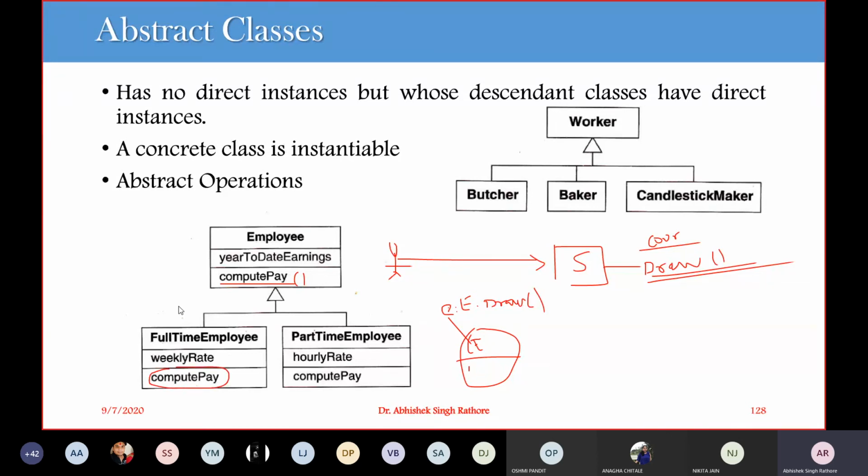So we can say that these classes are the concrete classes, and we have to implement this compute method here. And if we don't want to implement it here, then we have to make this again an abstract class, and then provide another class that can implement this. So this is just based on your particular program implementation.